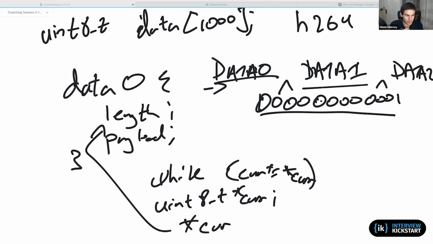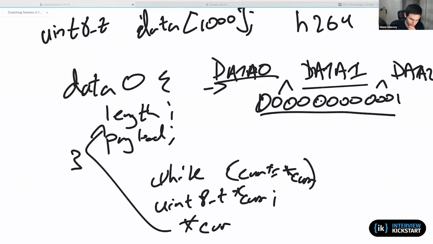So rather than using a structure to represent how data 0, data 1, data 2 all relate to each other, H.264 uses a delimiter between each one, and you do a simple bit pattern search to figure out where the end of data X happens to be. That's one real life way that H.264 does it.